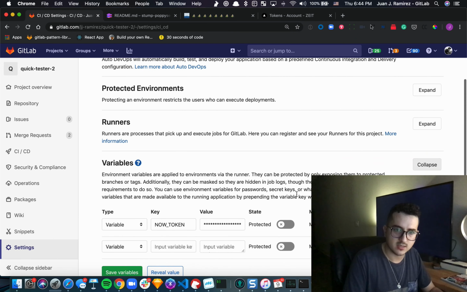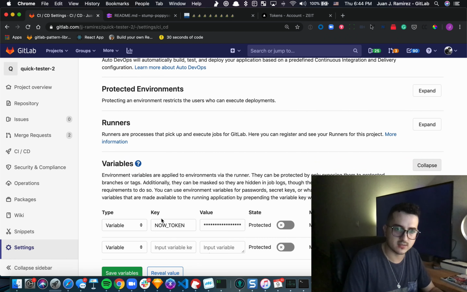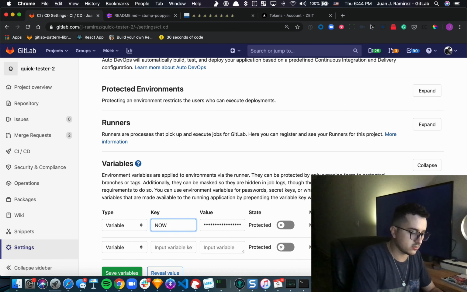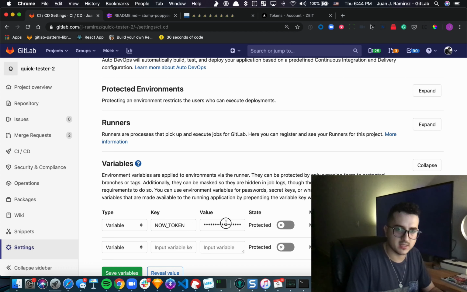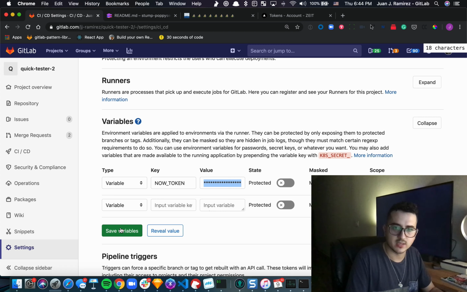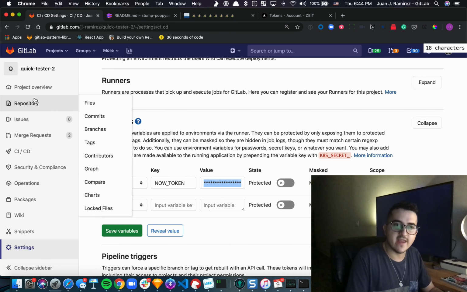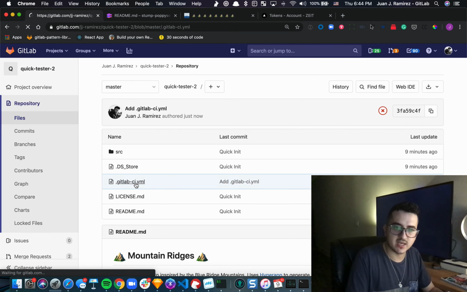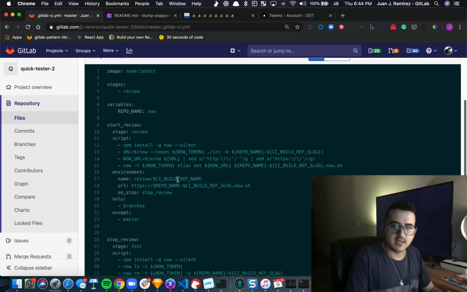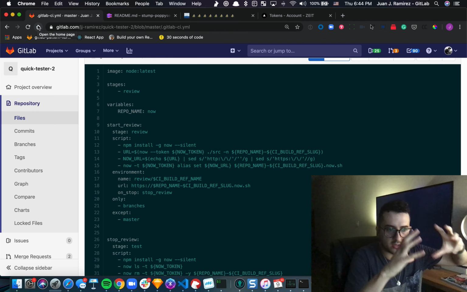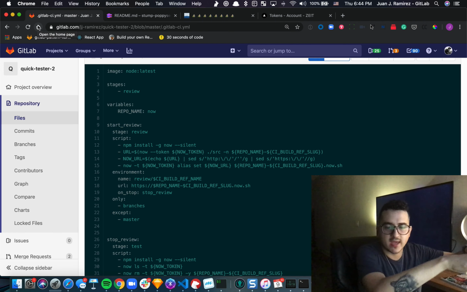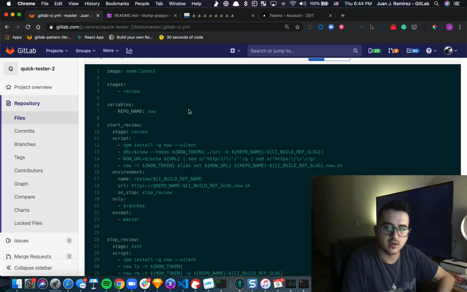You wanna expand these, and then actually we already have one set up here. I did this earlier, but basically what you wanna do is add now token, and then copy and paste the value there, and save the variables, and that's pretty much it. So now, whenever we're running our CI, the GitLab CI YAML file is gonna get this now token from that variable storage, secret storage that we have on the other side, and then you're not leaking sensitive information